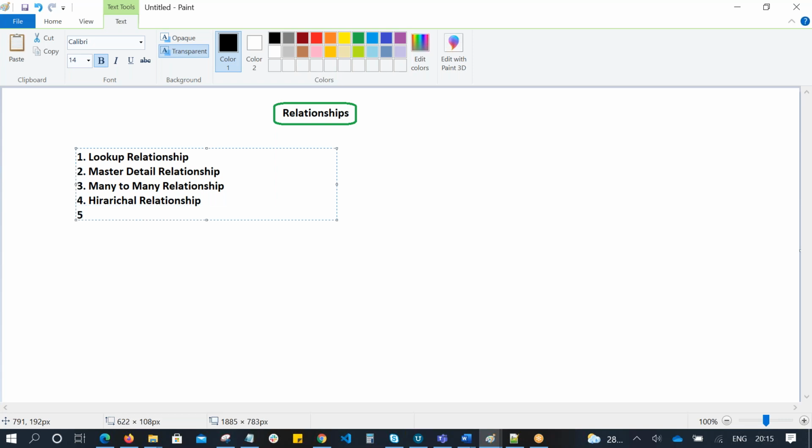And we have one more relationship called external lookup relationship. Salesforce provides 5 types of relationship.